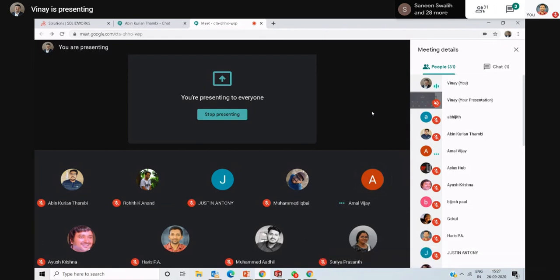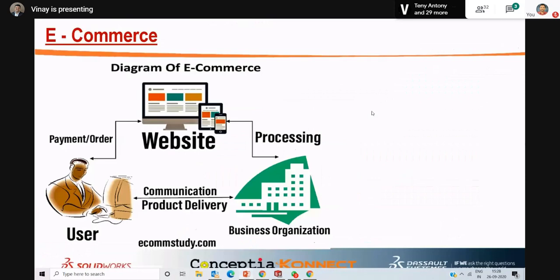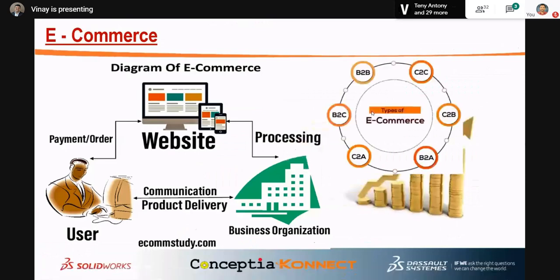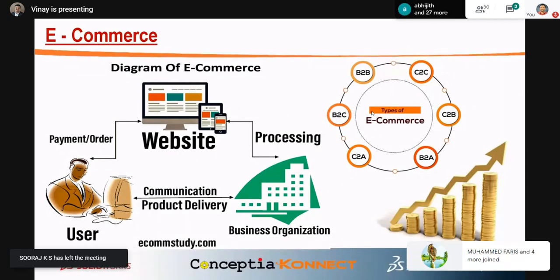As I told you, in the mechanical industry we have 50 plus industry verticals where mechanical people can work. In this way, we know what e-commerce is. In 2020 they were expecting $28 trillion of business in e-commerce, but they have crossed that.